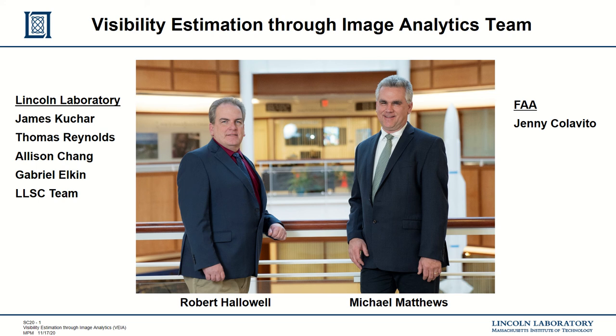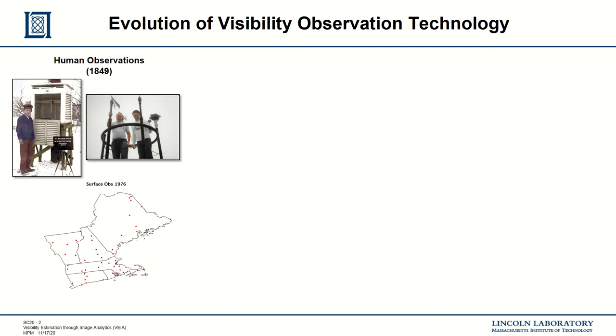Before I tell you about the algorithm, though, let's look back at the history of weather observing, and more specifically, visibility. When weather observing first began, observers would at regular intervals go outside and take note if certain markers were visible. These markers were things like mountain ranges or buildings. Through experience, these observers would learn how to estimate the visibility in ranges that perhaps they did not even have markers for. With the need for manpower, though, these observations were very sparse, as depicted here in New England in